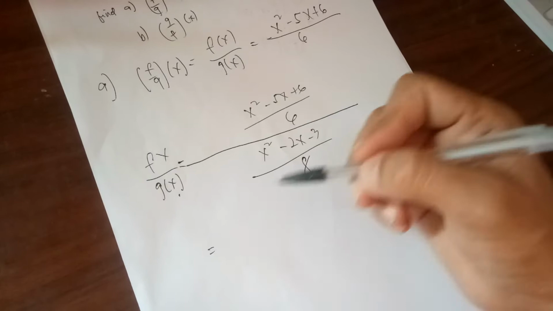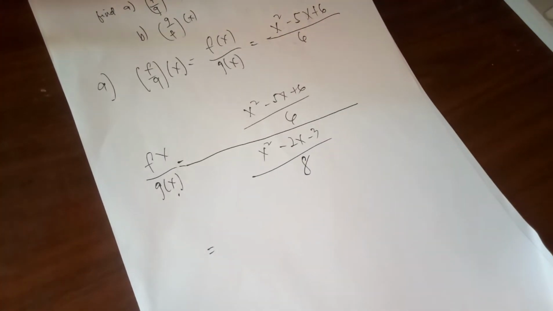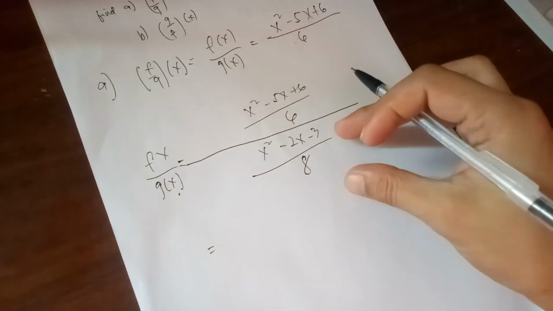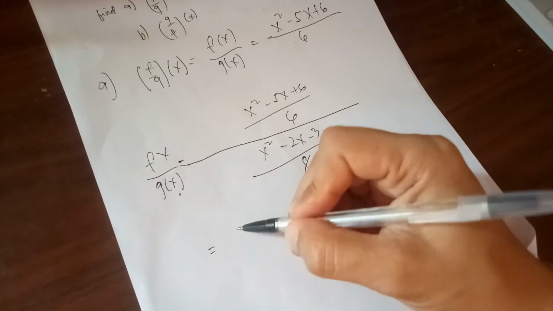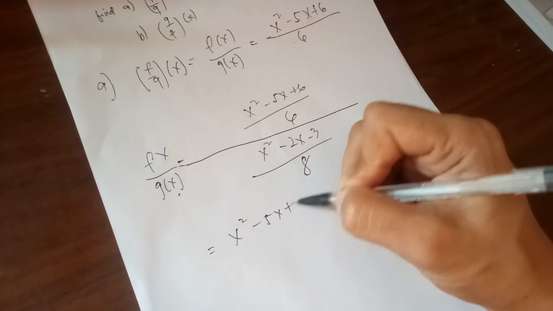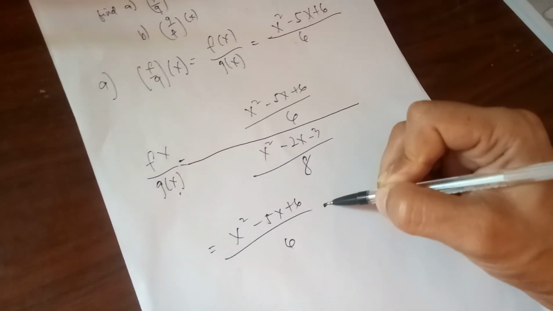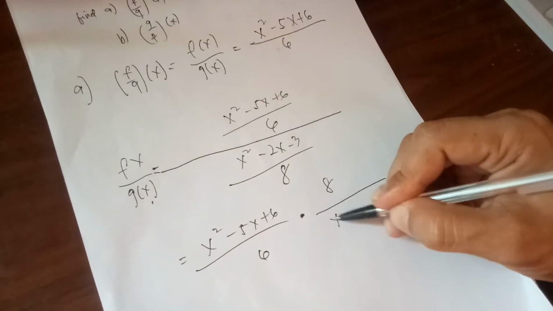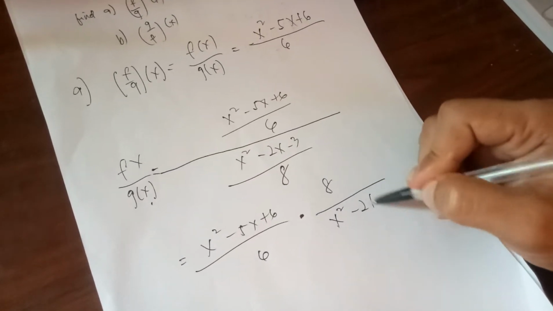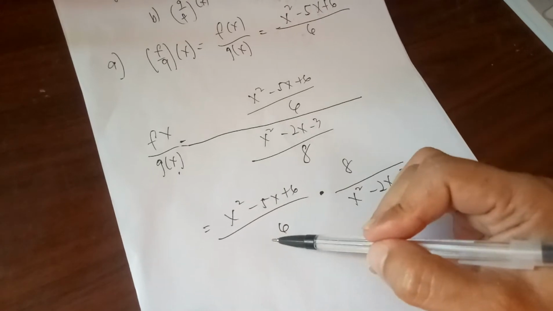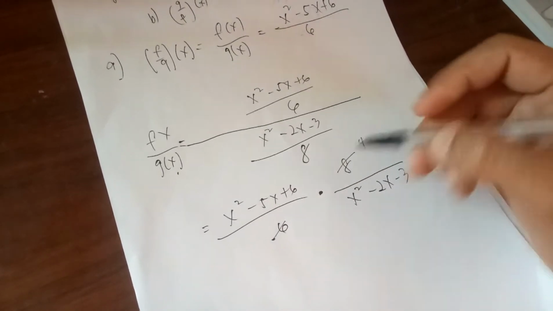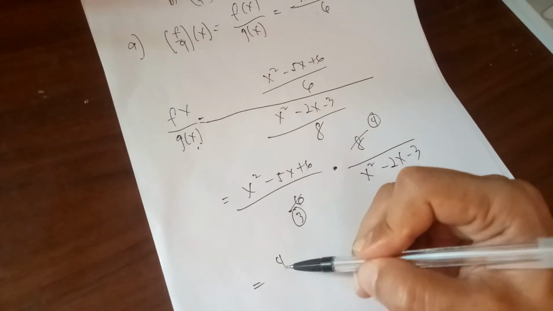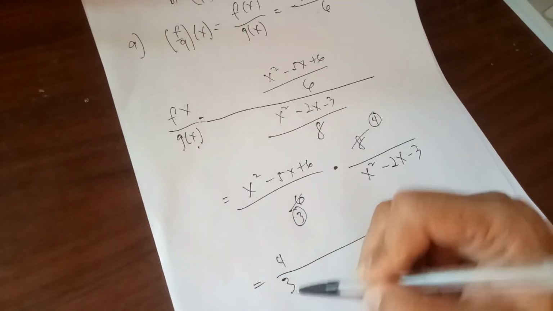Now multiply the reciprocal of the denominator to the numerator. So copy the numerator, x squared minus 5x plus 6 over 6, and multiplication. What is the reciprocal of this? 8 all over x squared minus 2x minus 3. Now this is factorable. Half of 8 is 4, half of 6 is 3. So this will become 4 over 3. Now,